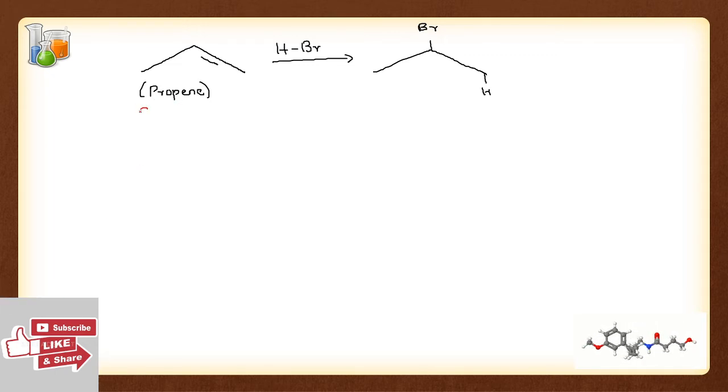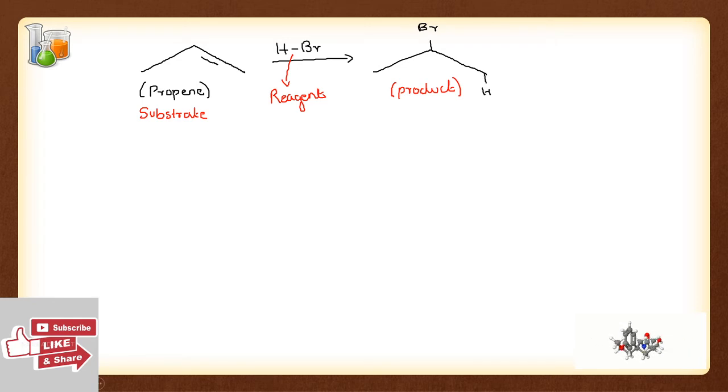Now clearly look at this reaction. Here the substrate is propene, and 2-bromopropane is the product. Now propene gets converted into this because of HBr, therefore HBr is the reagent. It's as simple as this. So propene is the substrate which gets converted into 2-bromopropane, which is the product, and it gets converted because of HBr, and therefore HBr is the reagent.